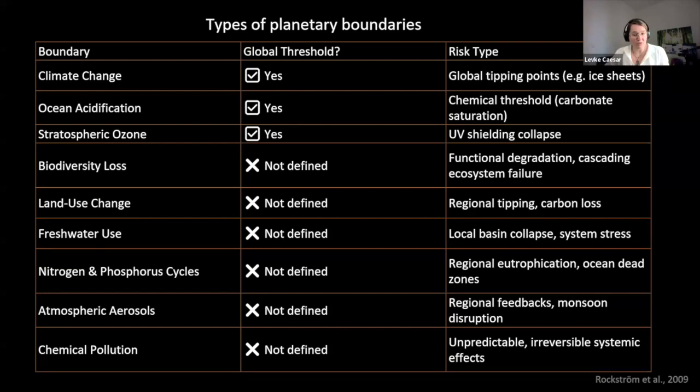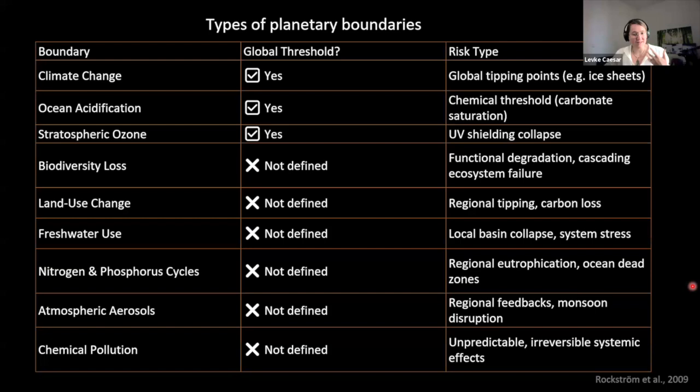And with stratospheric ozone, we also see this tipping point behavior. Coming from the classical tipping point definition as a climate scientist, we wouldn't necessarily call it tipping point behavior, but we do see that we have the global threshold under which we do not have a working stratospheric ozone layer.